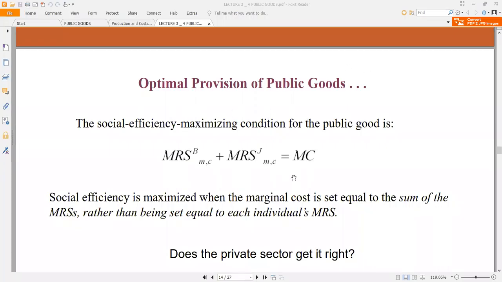All right, so if you remember the optimal provision of a private good, the marginal rate of substitution for B was equal to the MRS of J, which is equal to marginal cost. But for public goods, it's not like that. Here, we don't equate the various marginal rates of substitution to the marginal cost, but rather we add the marginal rates of substitution and then we equate it